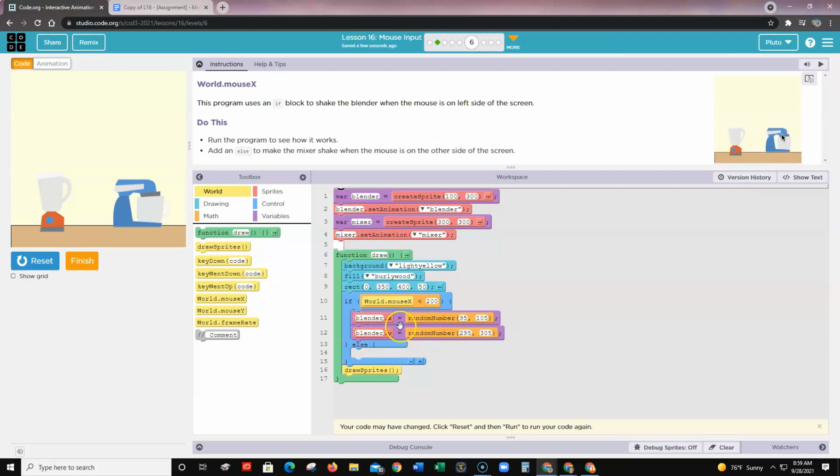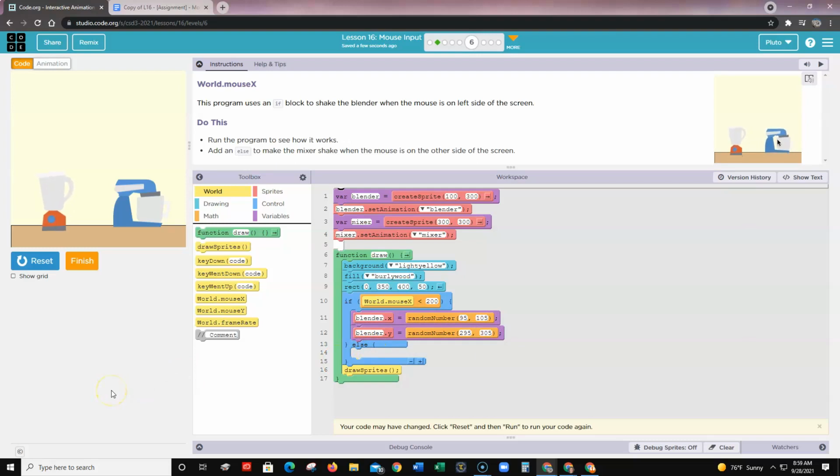This code here, line 11 and 12. You want to kind of do the same code here and make that for the mixer. And just a hint, your random numbers are going to be different because the location of your mixer is on the right side, not the left. Right? So these numbers are going to be different in the random, but you're pretty much going to copy this in